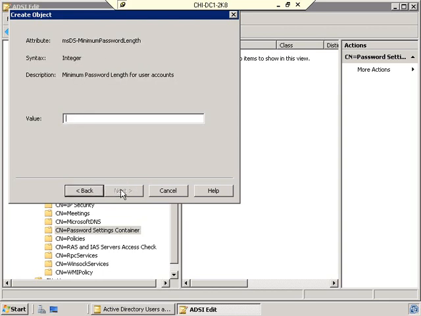Click next. For minimum password length, we're going to say 12. We want to have 12 characters for an IT administrator. Click next. Minimum password age. We're not real worried about the minimum password age on our IT administrators, but we'll set it here anyway. And this is an interesting interface. I'm going to put in